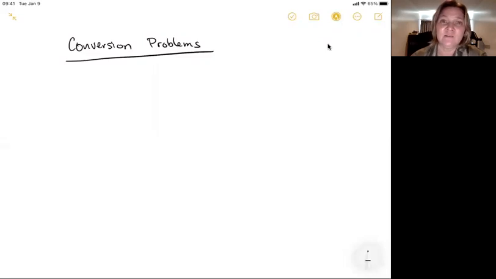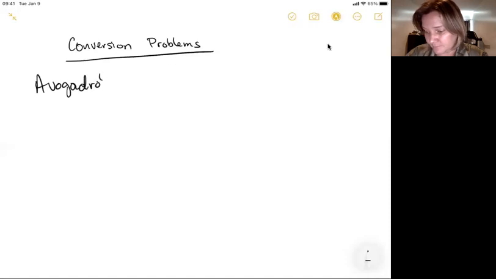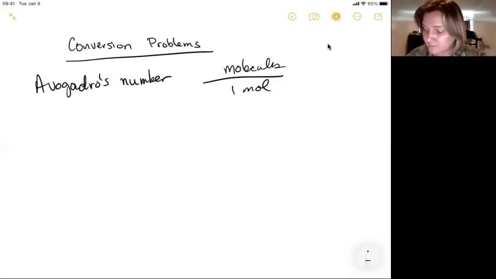Now, I just uploaded the video on conversion factors in general, how we use a ratio between 2 units that is equal to 1 to change from 1 unit to another unit. So I want to relate that back to the video on Monday and talking about Avogadro's number, the mole, and molar mass. So first, looking at Avogadro's number. This relates the number of molecules to 1 mole, and that number specifically is 6.022 times 10 to the power